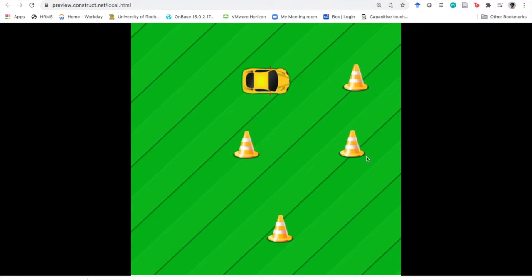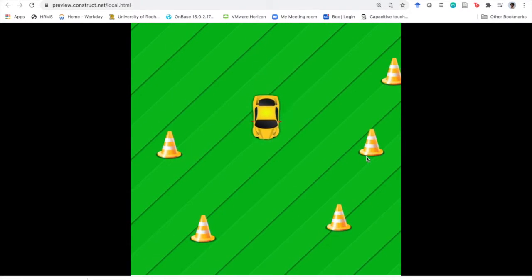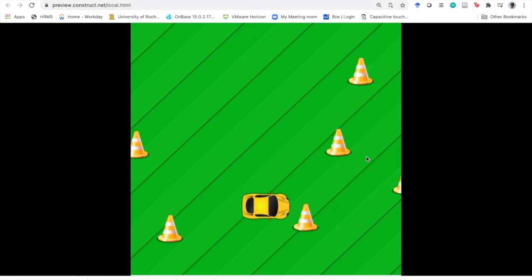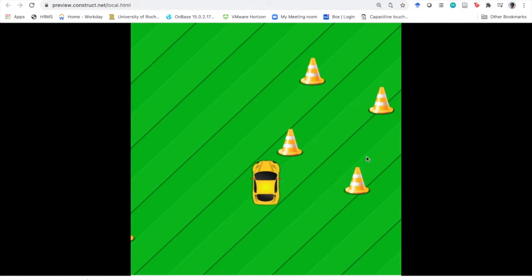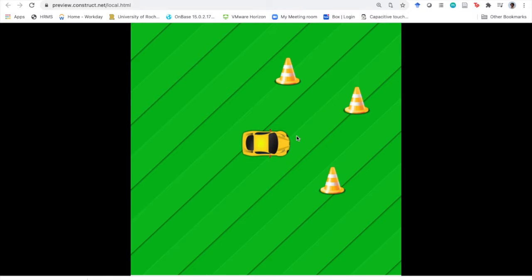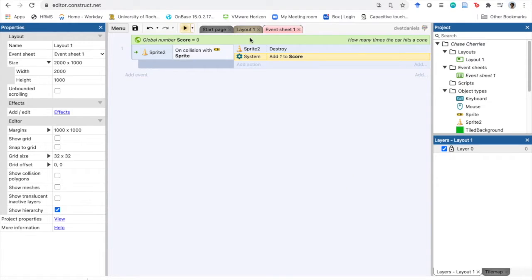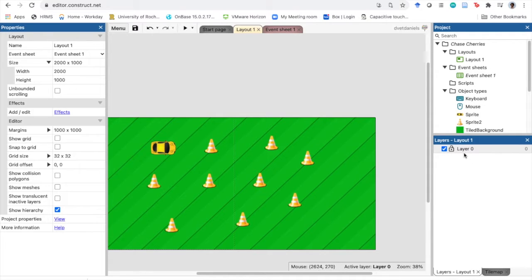However, if you press preview and we hit the cones, now the value for score is actually changing, but we're not displaying the score, so we're not getting that output from the computer. So we're going to go ahead and fix that now. We are going to do that by going back to our layout, and we're going to add layers. You've heard me before talk about a layout like it's a sheet of paper. What we are going to do is add another sheet of paper on top of that